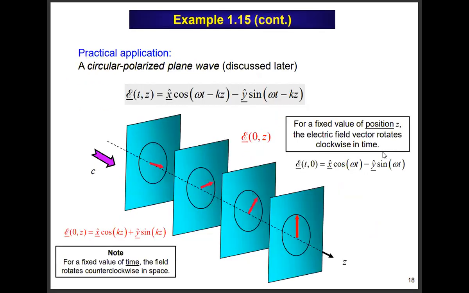Just to build on that a little bit, again, I don't go into too many details. It's going to be talked about later in the course, but let me just give you a little bit of a taste of that. So about the circularly polarized wave. Now, later in the semester, we're going to prove that if you have what's called a plane wave propagating through space, like a wave coming from a satellite or something like that, and it's circularly polarized, then it could look